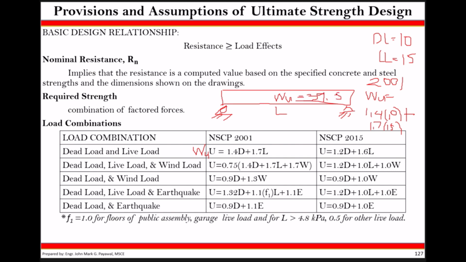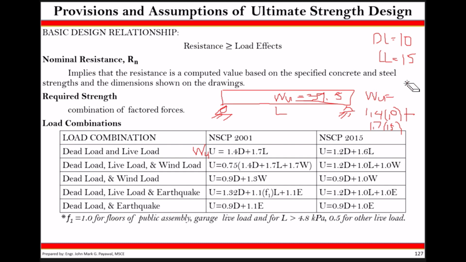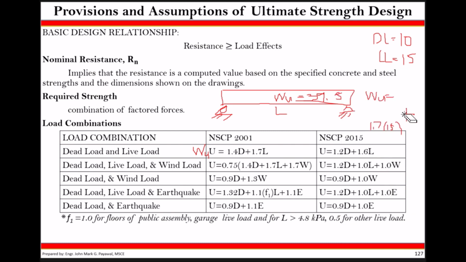Again, W is computed using the dead load, live load, load combination for NSCP 2001. What if it becomes 2015? Let's just change this one. Paano naman ina-apply yung 2015? Dead load is still 10 and then live load is still 15. So, babaguhin lang natin, gagawin lang natin na 1.2